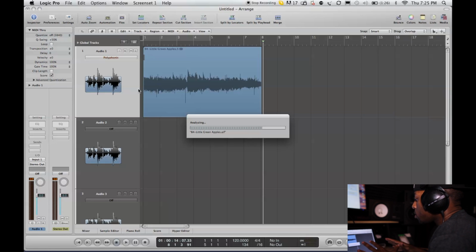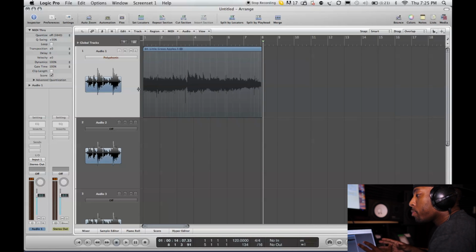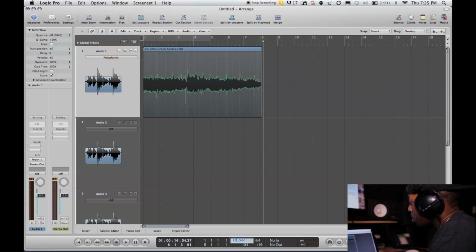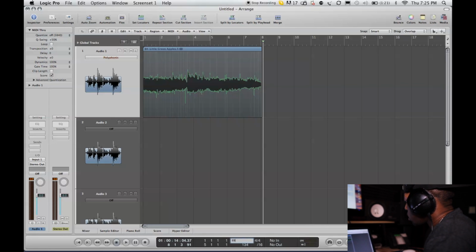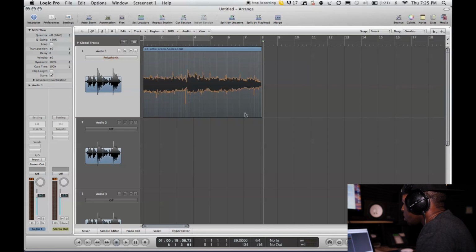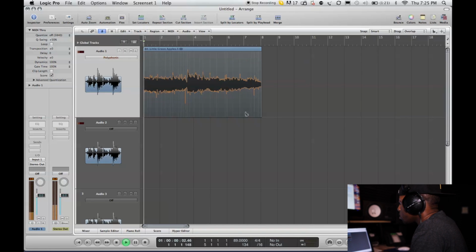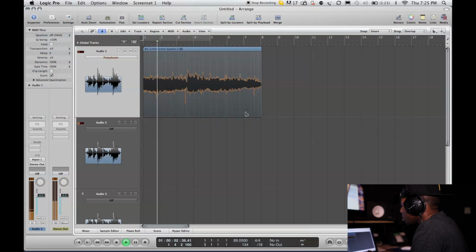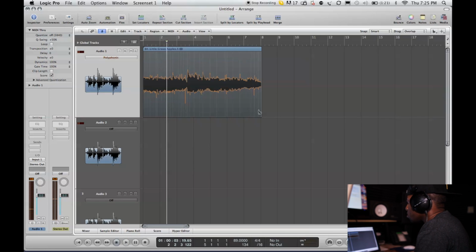Now the best thing about this method here is once you actually get the sample locked in, you can change the tempo and the sample will change tempo with you. You won't have to worry about going through trying to fix all this later on. Right now I'm at 120 beats per minute, and I'm gonna say bring it to like 89 for instance. Now if you listen, you can tell it's stretched, so